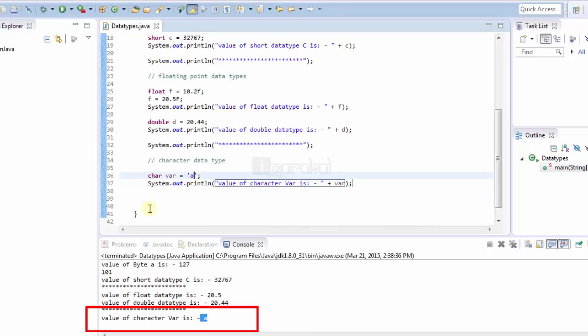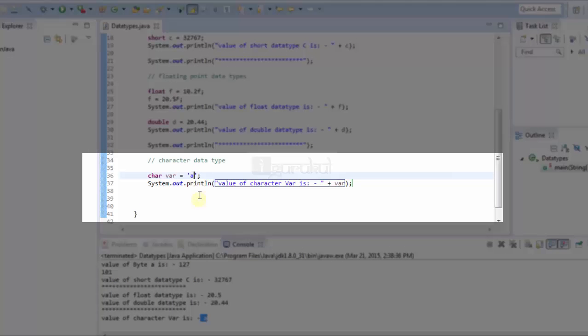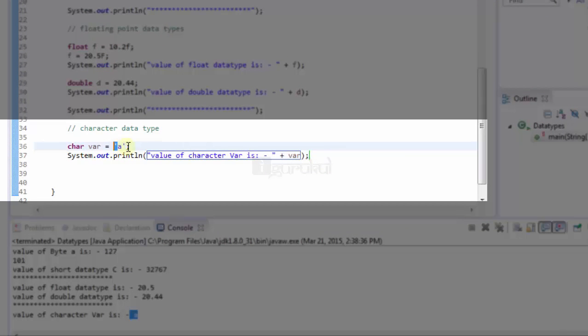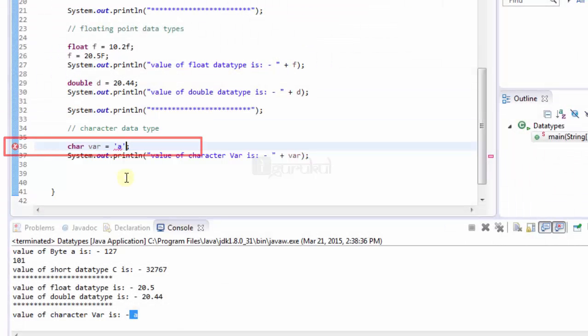See, what I have done here is I have taken a character variable, assigned a value to it. You have to remember one thing while assigning a value, that the value should be in a single quote. It is a must. If you forget to put a quote, it will give an error: invalid character constant. That means it has not received a character value.